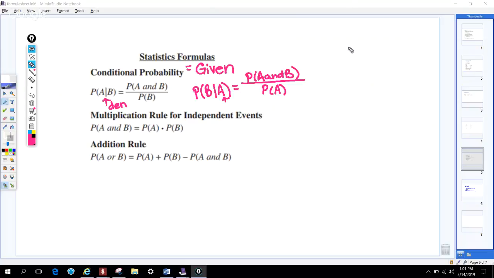The other thing to note is it might ask you if something is independent, and it references given. This formula on the AKS says